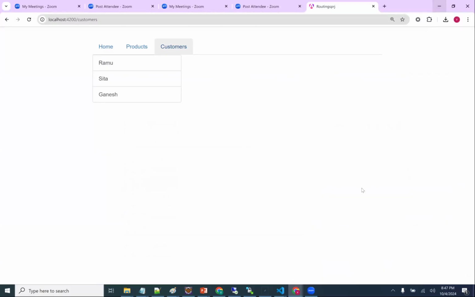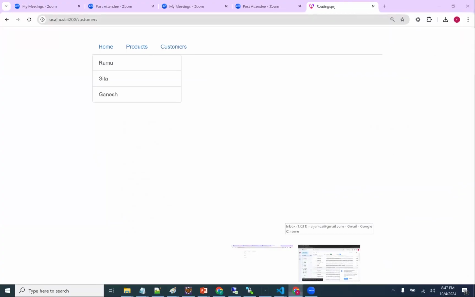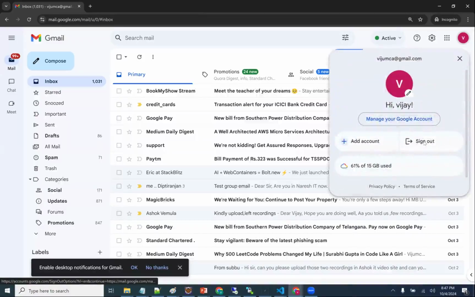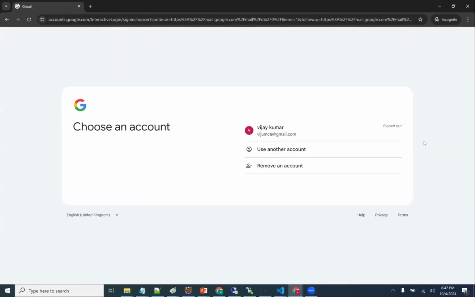Whenever I am asking for my emails, blindly it is not showing my emails here. My email page is protected. How is it going to protect?